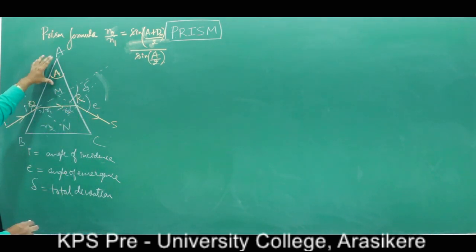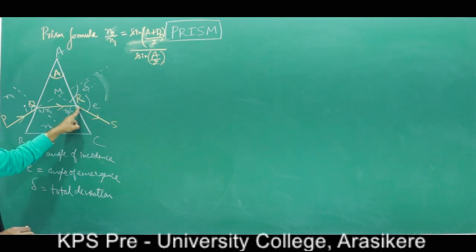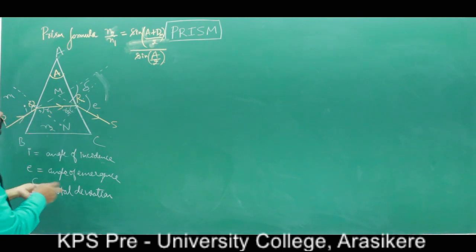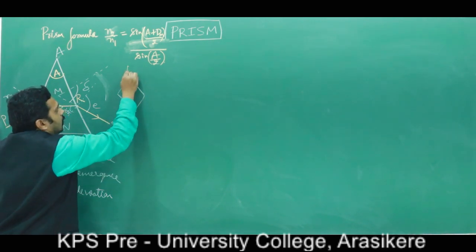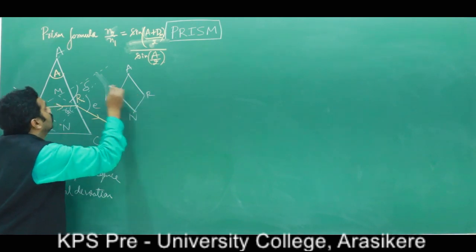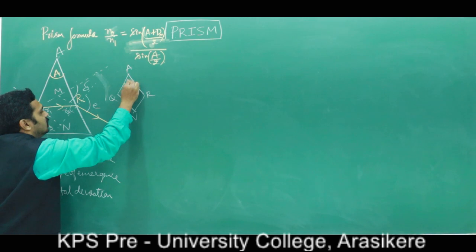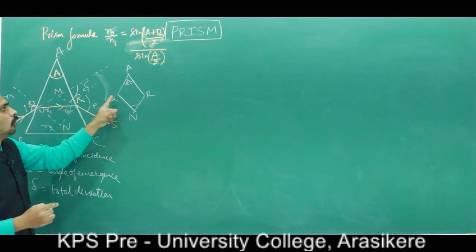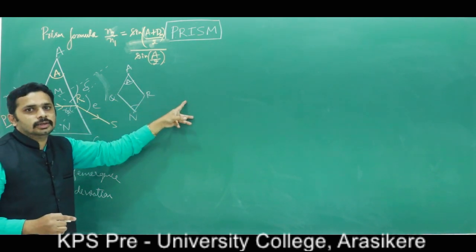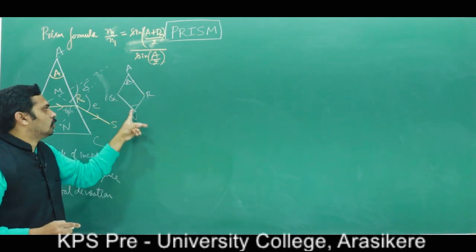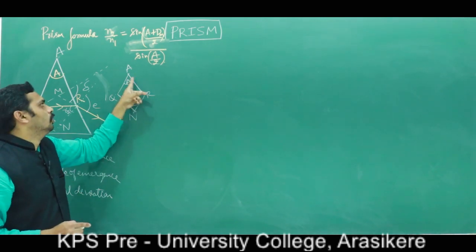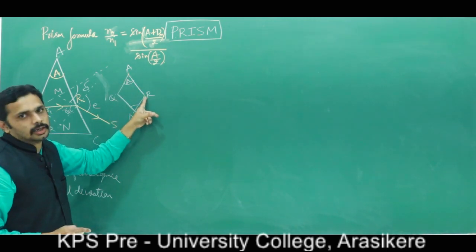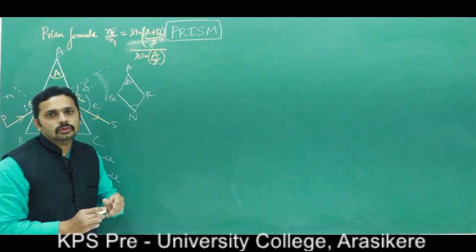Now to derive this, first take the quadrilateral in this figure, which is the quadrilateral AQNR. In quadrilateral AQNR, this angle is A, and this is angle QNR. In a quadrilateral the sum of four angles is 360 degrees, but here I am taking the two opposite angles. Which are the two opposite angles? Angle QAR plus QNR is equal to 180 degrees.